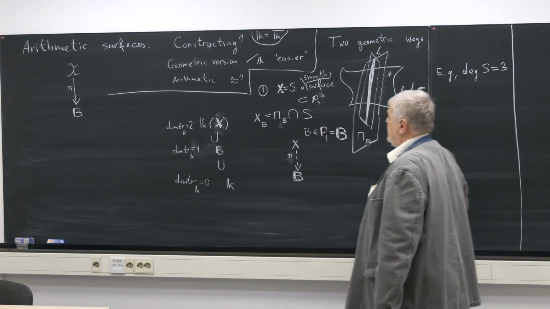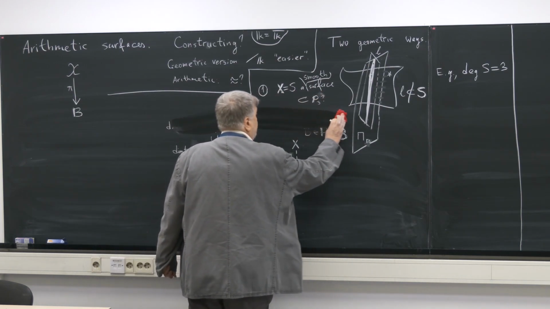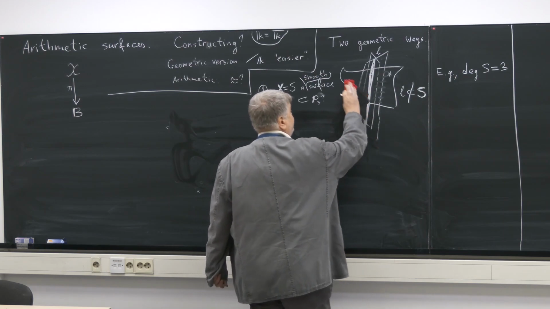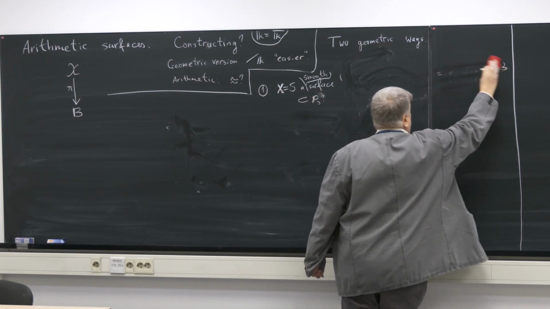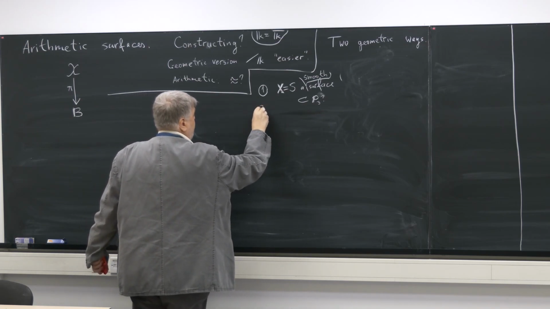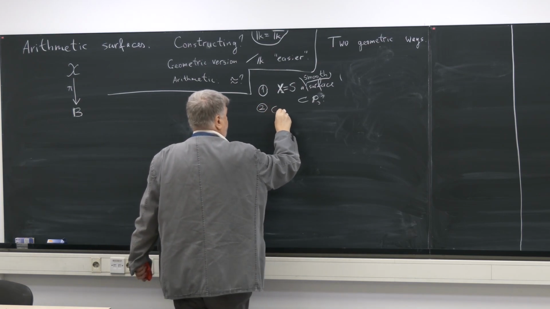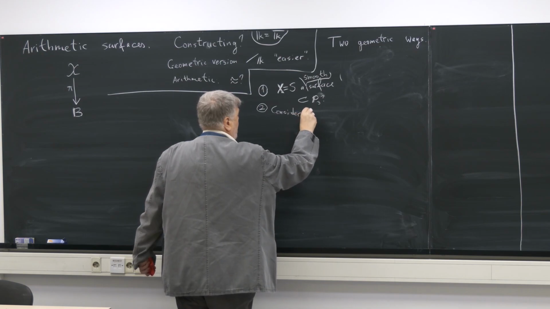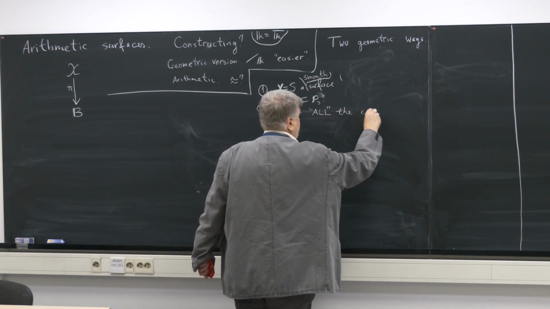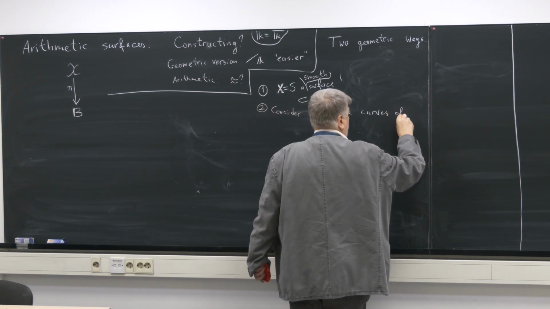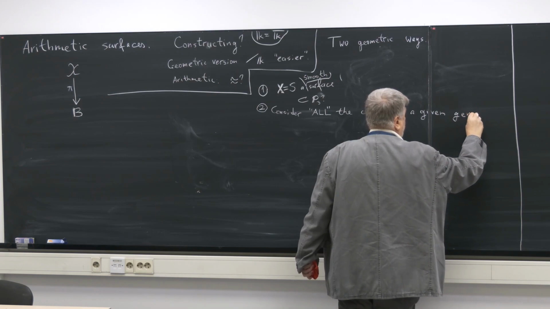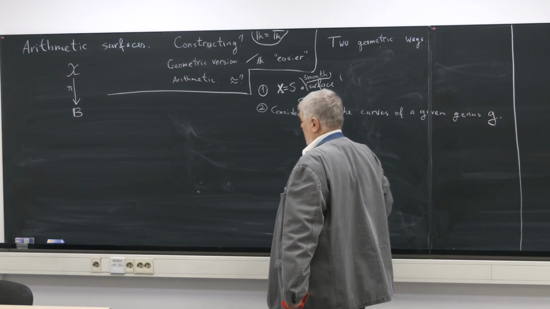I'm afraid I have to erase this one. And the second is: consider all the curves of a given genus g. Here we mean perhaps